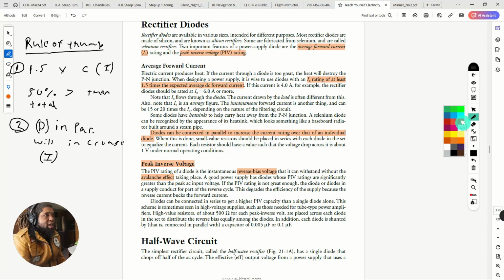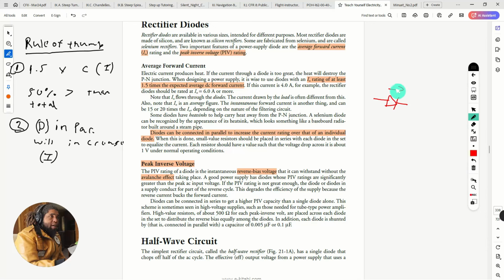The deal with the diode is that, remember, the diode is basically like a one-way valve, right? Diode's like a one-way valve. The symbol looks like this, and typically we're going to have a current going that direction unless